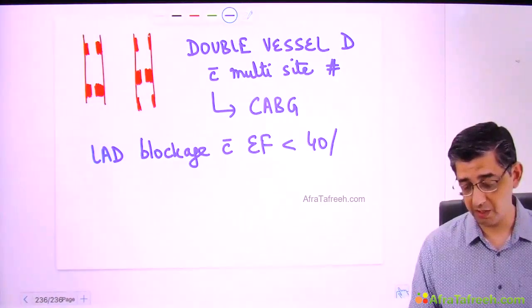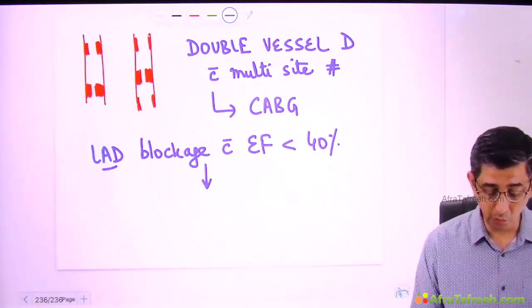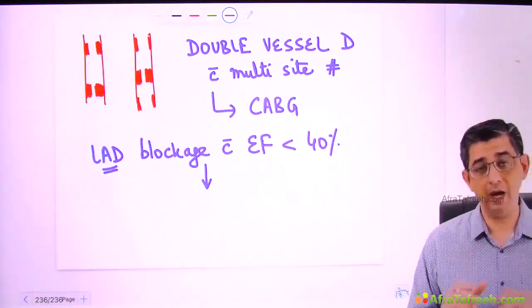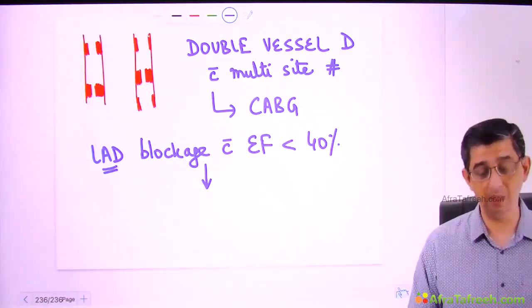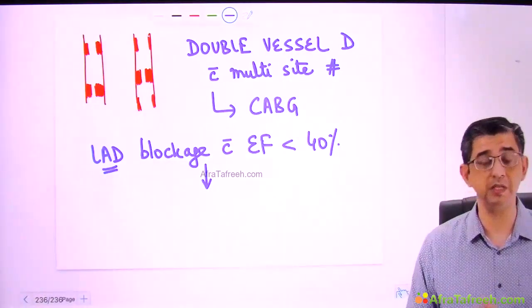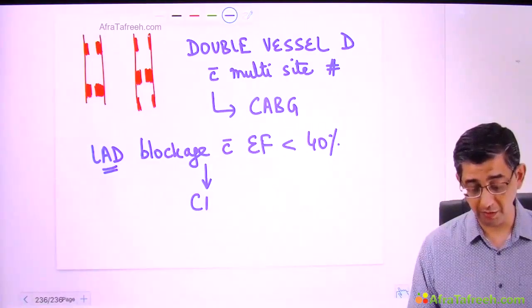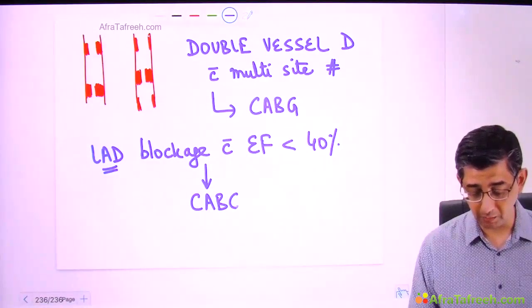But if you read a question that begins like this, LAD blockage, and then says that the ejection fraction is less than 40%, I want to highlight at this particular point of time that LAD is too precious a blood vessel to be handled with respect to PCI stenting, because it's a very precious blood vessel and the cardiac output of the patient is getting compromised. He's having a low ejection fraction. It would be better if we treat this guy even with the coronary artery bypass grafting.